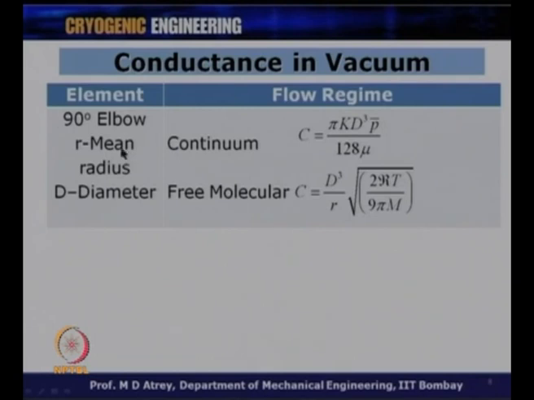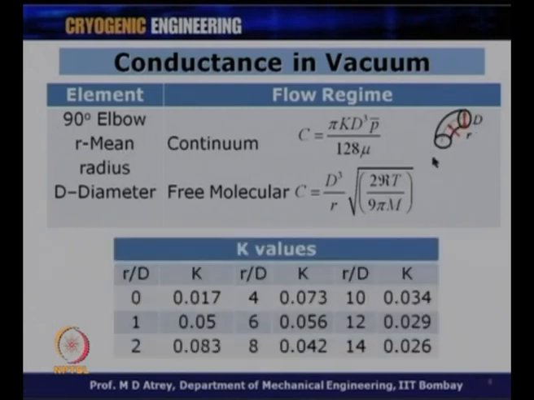If you have a 90° elbow, which may look like this, you can see the gas flows in this direction, and you can see there is a radius of curvature and this is the diameter of the pipe, and again we have expressions for calculating the conductance for a continuum flow and for a free molecular region, and the value of K which is showing up here depends on the particular R by D. This is basically shown only in this. All right. So, find that out, calculate the value of conductances accordingly and put those values here,